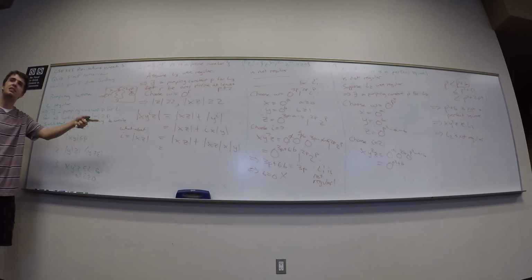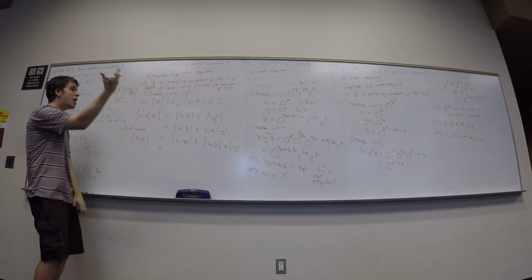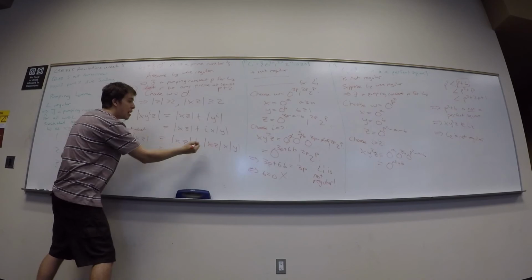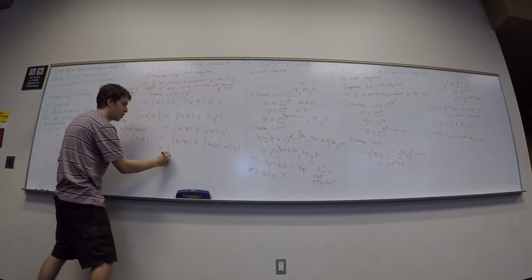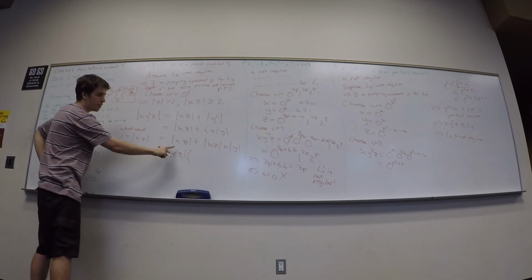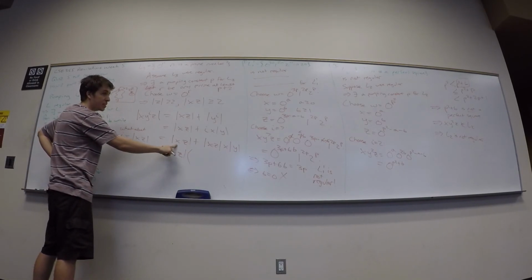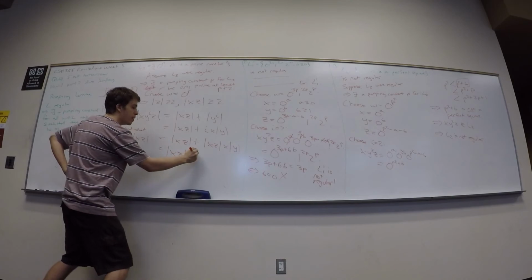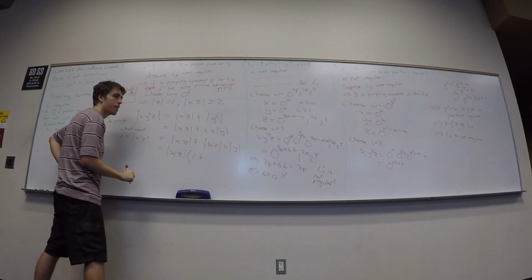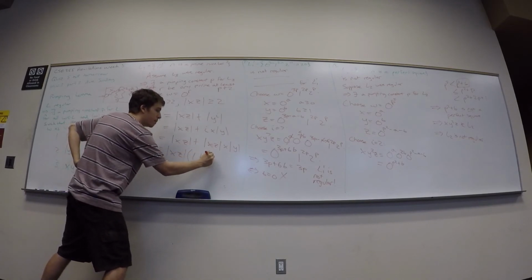Can I simplify this a little bit? Yeah, how can I simplify it? I can factor out the xz part, right? Because it is common in both of the parts. So if I factor out the length of xz, what do I get for the first term if I factor out an xz? It's like 1. Plus, what would the second one be? Length of y.